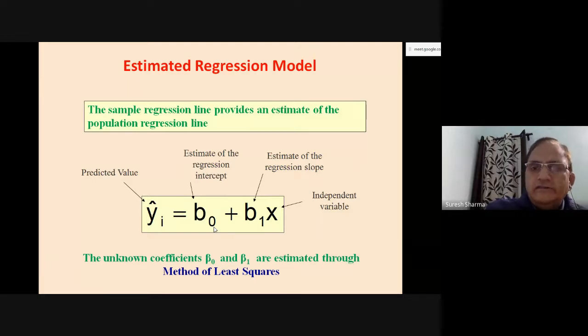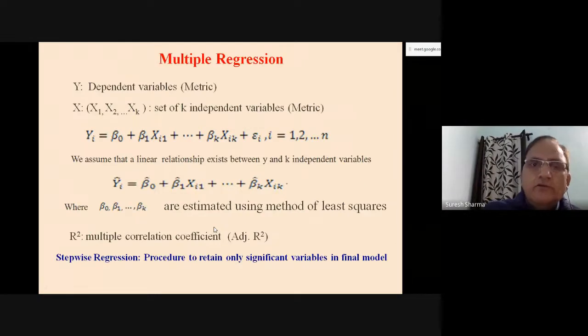So this is what we mean by simple linear regression model. An extension of simple linear regression is multiple regression, where there will be one dependent variable but a number of independent variables. For example, this is a dependent variable and it depends upon a number of factors, X1, X2, Xk. Yield of a crop depends upon a number of factors. IQ depends upon a number of factors. Blood pressure depends upon a number of factors. But there is only one dependent variable. So your equation will look like this.